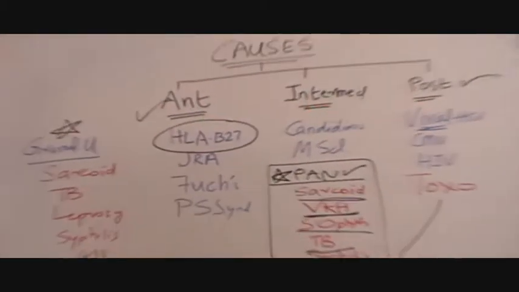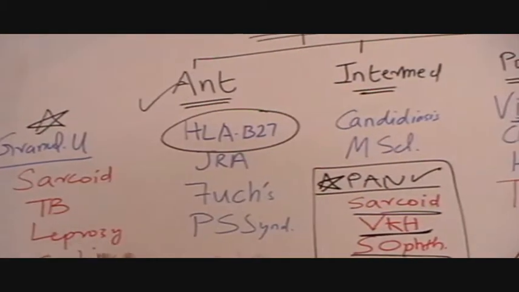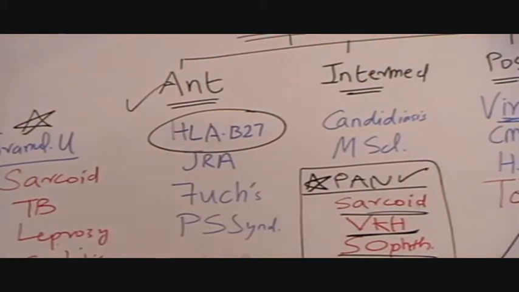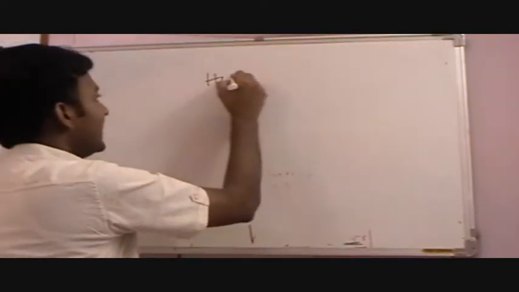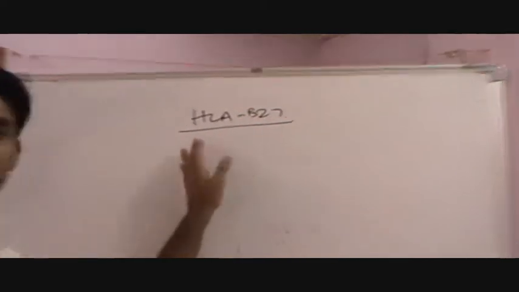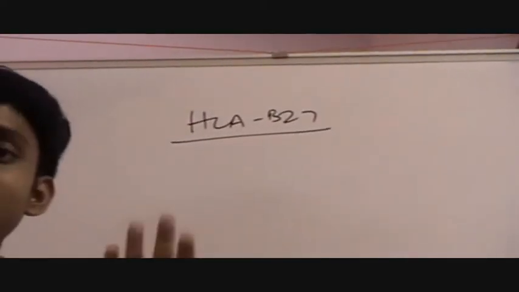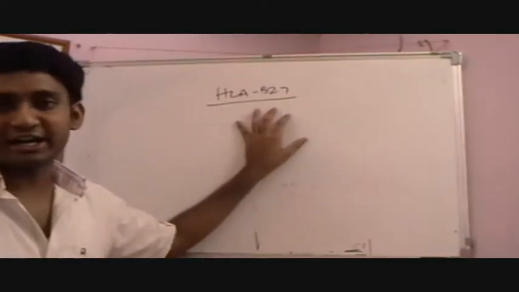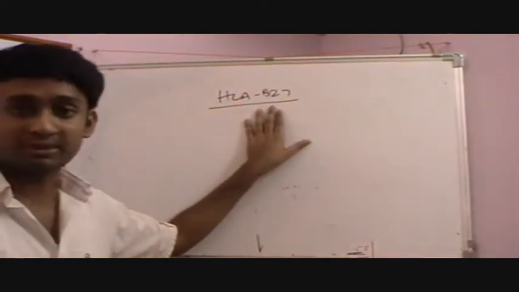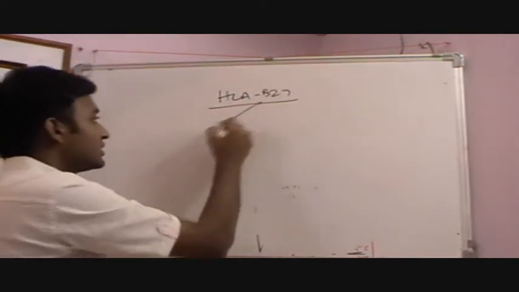HLA-B27 associated uveitis. You may pause the video and take this down if you're taking notes. So I'll talk about HLA-B27 now. HLA-B27 seronegative, they are Rh factor negative. Three important conditions are associated. They are also called HLA-B27 associated spondyloarthropathy or spondyloarthritis. Three important conditions. One is